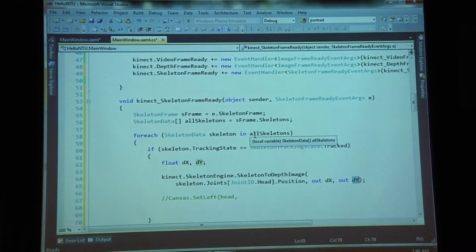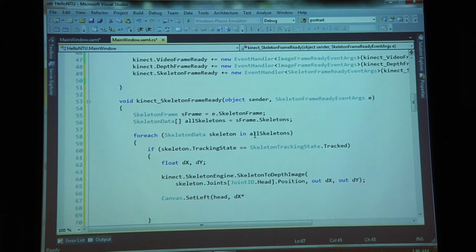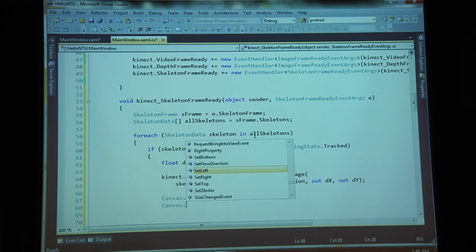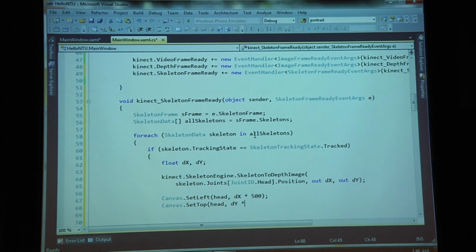So what I'm going to do is set the canvas.set left. I'm going to take my head position and move it to dx times 500. And you sort of see where I'm going with this. Now I'm going to say canvas.set top. The same head position should be at dy times 240. Right? So I'm going to do the exact same thing. I'm just going to copy paste this code, if you will,